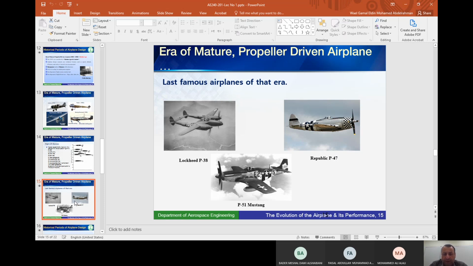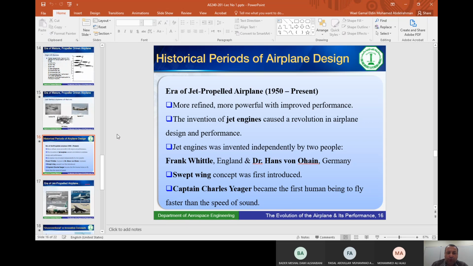Think of the military aircraft of World War II as the end of the piston engine era and the starting of the jet engine. Aircraft like the Lockheed P-38, the Republic P-47, and the fighter P-51 Mustang were the ultimate propeller aircraft that were flown. And they started to push the limit of speed so that the use of piston engine is no longer a possibility. So came the